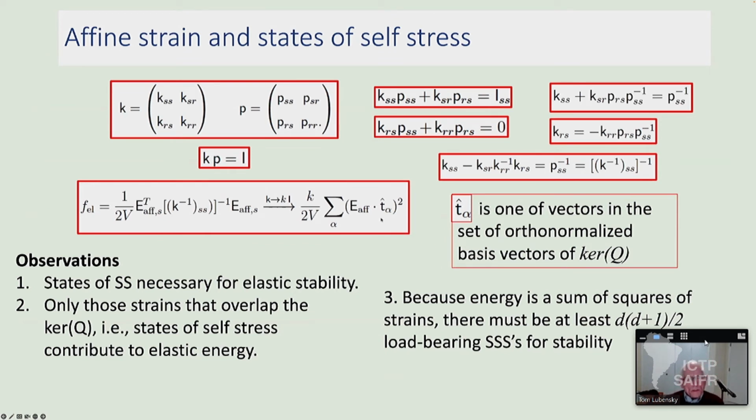So what does this tell us about the elastic energy? Remember, let's just think in two dimensions. In 2 dimensions, we have only 3 independent strains. In order for the system to be stable, we have to have 3 different combinations of the squares of those. So since this is only a 2-dimensional system, it leaves us with 1 zero mode in the elastic energy. And that's what we call the